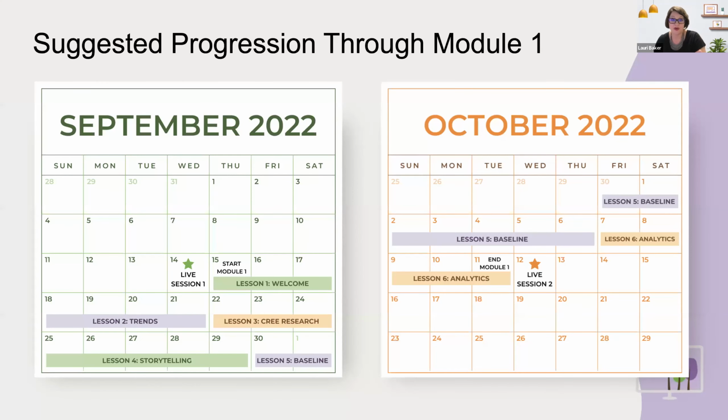These are also available as downloadable graphics within the course. So if you're the type of person that wants to print these and put them up on your wall, look at it, check it off, make sure you're on target, those are available for you. So this is recommended, but it can look like what you want it to, but complete the lesson includes filling out any of the accompanying worksheets. And we created this based on the amount of content and the number of worksheets associated with each lesson. So some of you may go through one section really quick, and there may be something else that you're like, oh, this is going to take me a little longer to figure out what I want to do here, or I need to meet with some other people to figure it out.